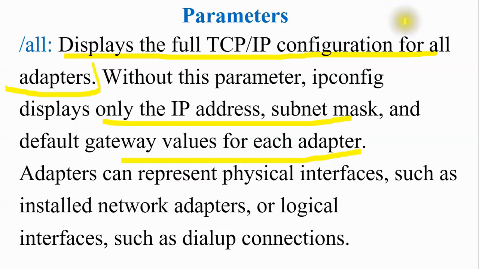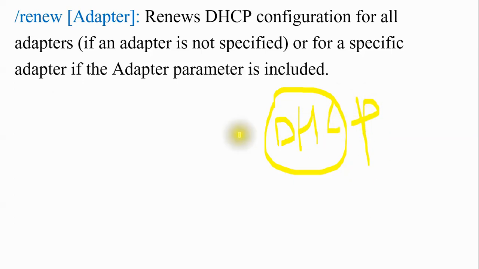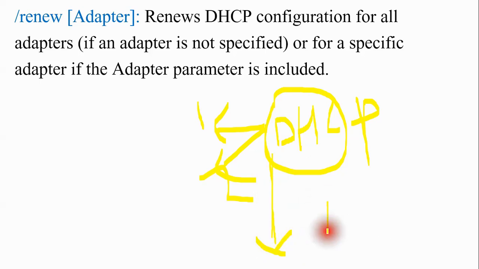Now the next one is the renew and release command. So guys, basically this command will be used at the time of an IP address conflict. What happens if you are using DHCP? This is your DHCP server and you have two virtual machines. Both machines will be taking IP addresses automatically. But what happens if by mistake you got one more machine here, and you gave some IP address, like